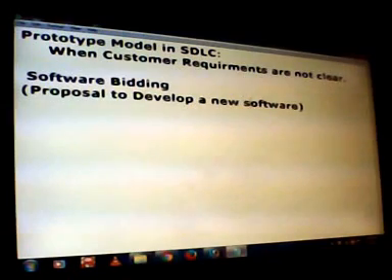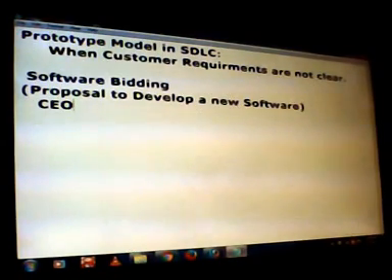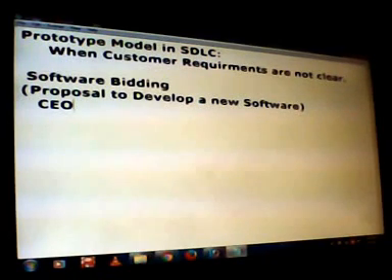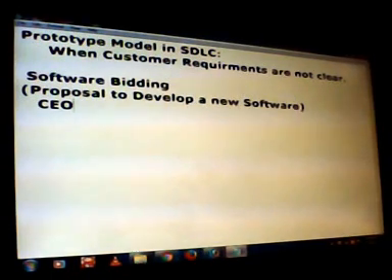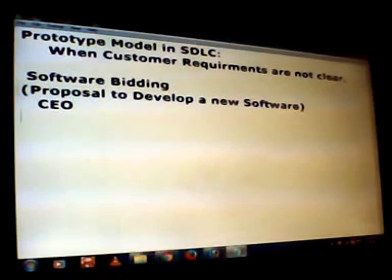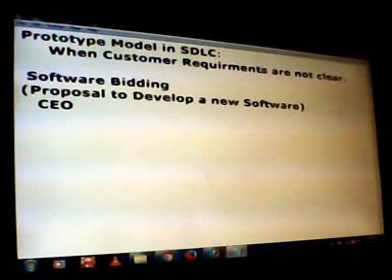The CEO's role is to bring the proposal from the customer if it is project based, or else if it is product based, then he has to create a proposal by himself based on market requirements. This is the role of the CEO.